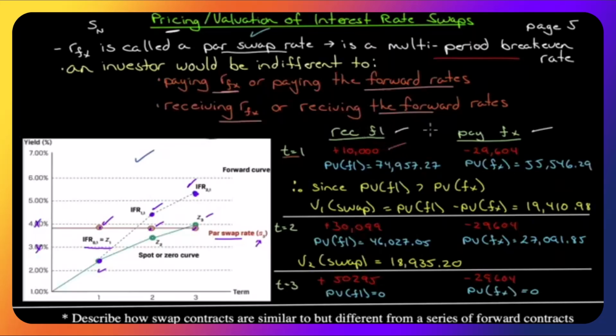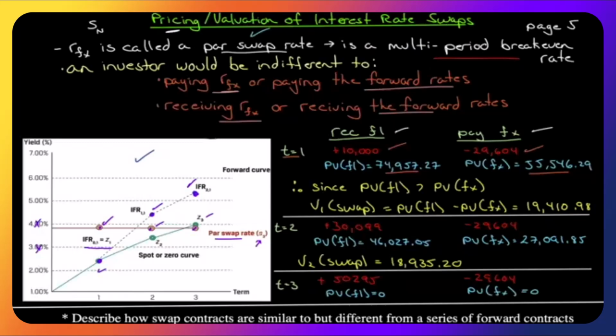Remember, it was 1%. We get $10,000 in. The present value of the remaining payments comes to $74,957. So once we receive the first payment, we have 2 more floating rate payments. The present value of those 2 add up to almost $75,000. So we receive 10, but we have to pay out 29 on the other side. So we pay 29.6 on the other side, and the present value of all the fixed rate payments left to be made is